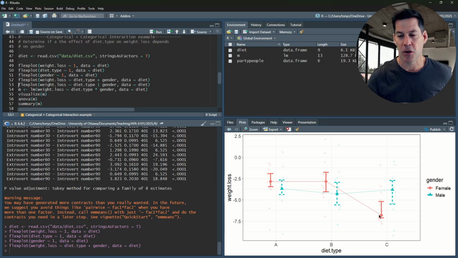The red markers are for females, and the greenish blue dots or markers here are for the males. So we can see the difference between this all sort of plotted on one. Diet type along the x-axis and then weight loss on the y-axis. Okay, so we could also plot it if we wanted the same way, weight loss as a function of diet